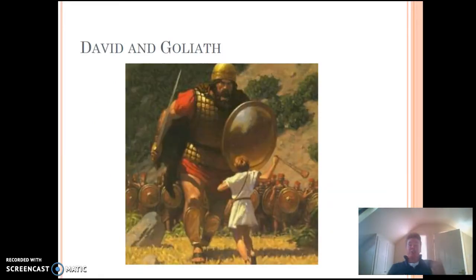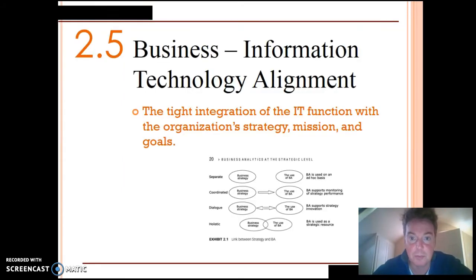So this is a real challenge for organizations, that technology enables some companies to get bigger and bigger, and the more technology they have, the harder it is for small companies to compete. So the smaller companies need to be agile. They need to have strategies that enable them to compete.